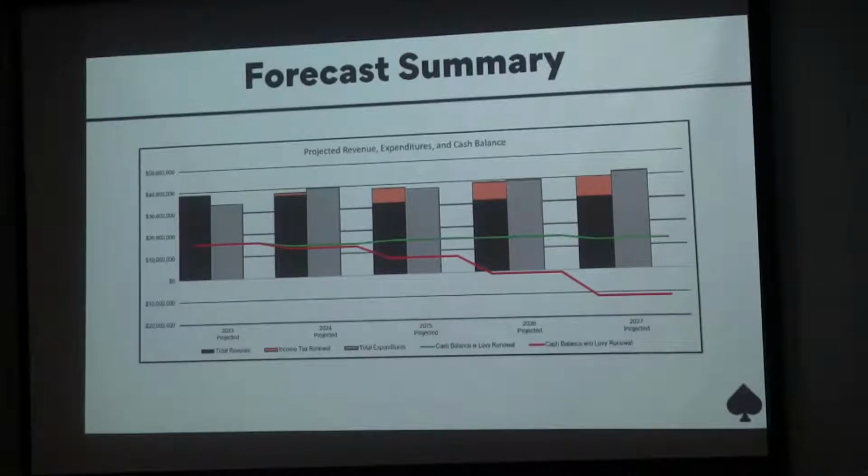That is all relying on the assumptions that we'll walk through so that everybody's comfortable with what's going into here. But that is the general high-level takeaway from the 5-year forecast. Are you talking about the income tax? Was this forecast made before or after this particular levy did not get passed?